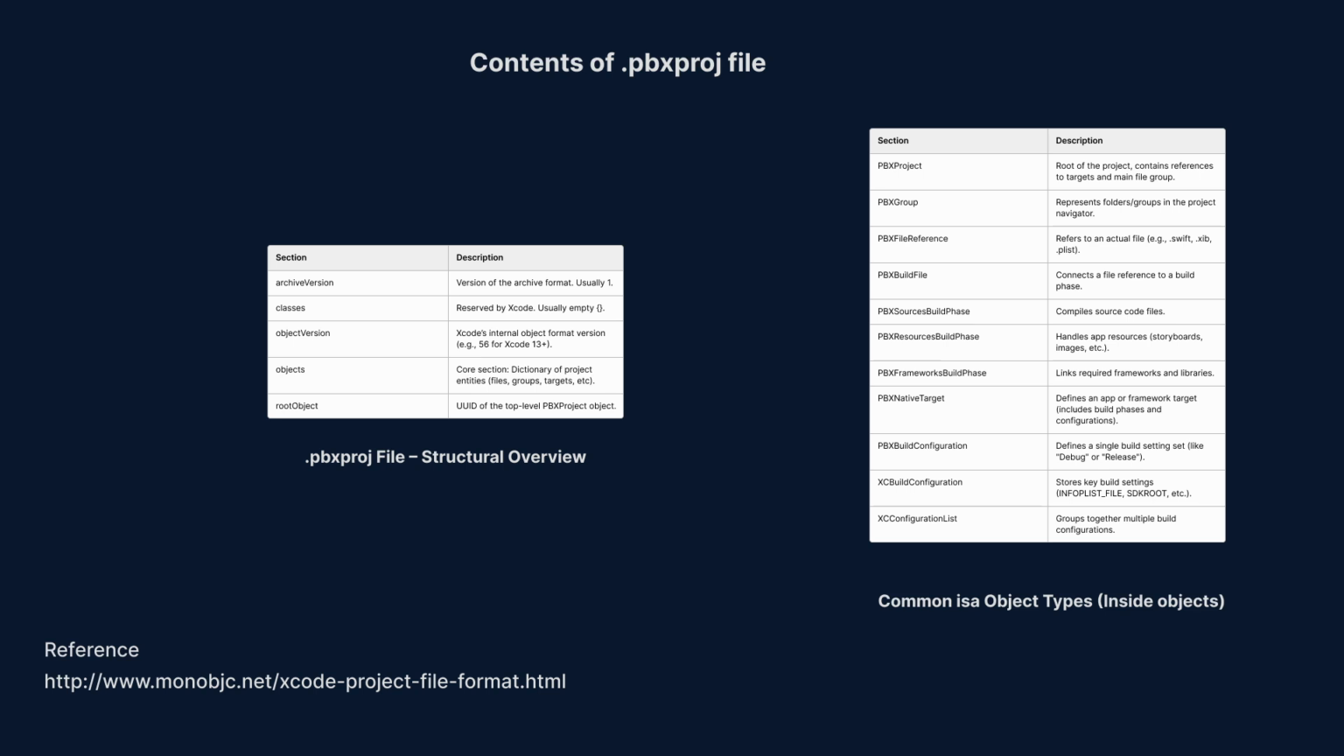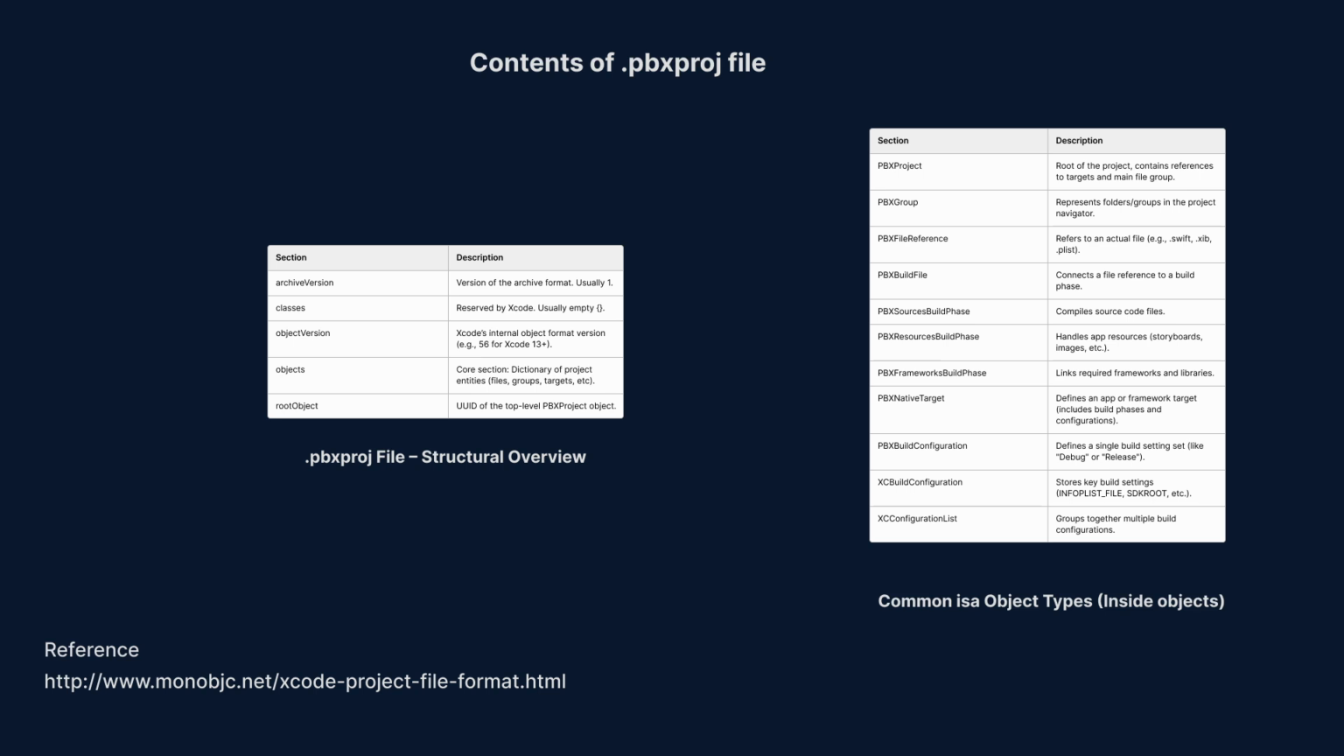and above. The heart of the file is the objects section, which contains a dictionary of all project entities such as files, groups, targets, and build settings. Finally, the root object key points to the UID of the main PBXProject object, which ties the entire structure